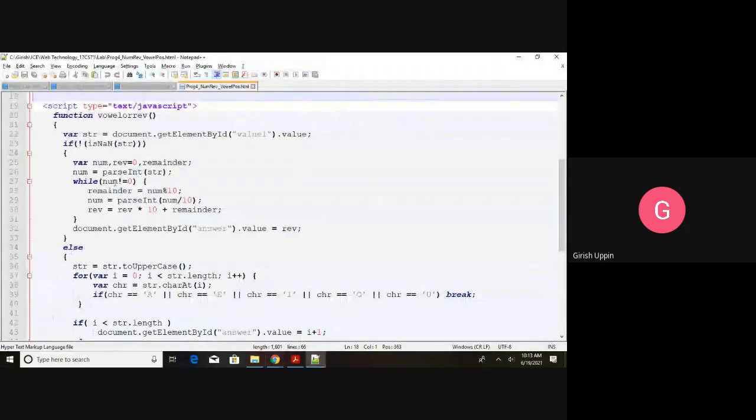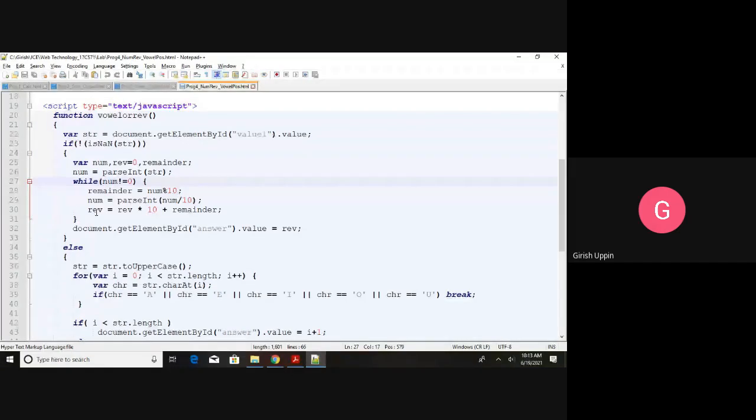And after that, this is the logic. I believe everybody knows that we did it in C programming, how to reverse a number. We reverse that number using this logic. In REV, at the end of these loops, we are going to get each digit by digit and do this calculation. At the end of this looping, I get the reverse number. After this while loop, REV will be having the reverse of whatever number the user gave.